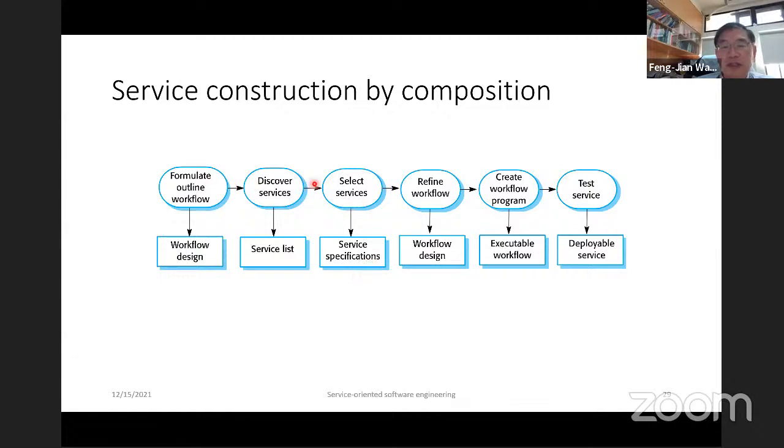After we complete the service selection and have the running environment in the organizations, or the running business, we now need to refine the workflow in order to better design. And after we have completed the design, we are now